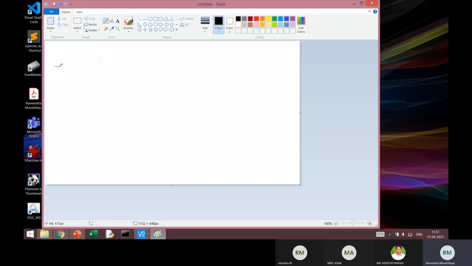See, initially the value of that switch, for example switch 1, will be 0. Now, when I press the switch, and as long as the switch is pressed, its value is 1, or it will be 3.3 volts or 5 volts, whichever voltage it is connected to. And when I release the switch, the value will go back to 0.